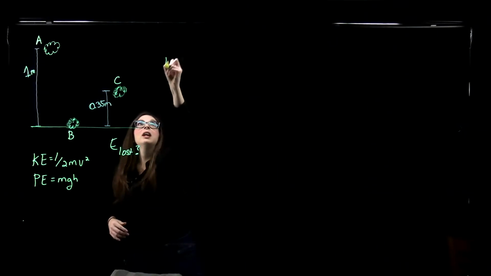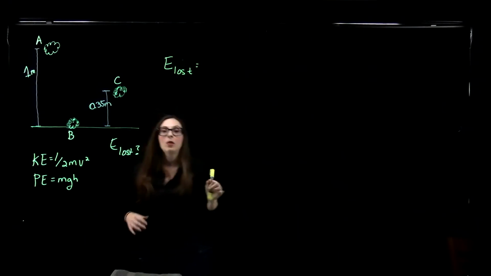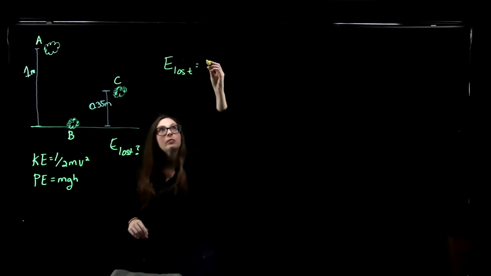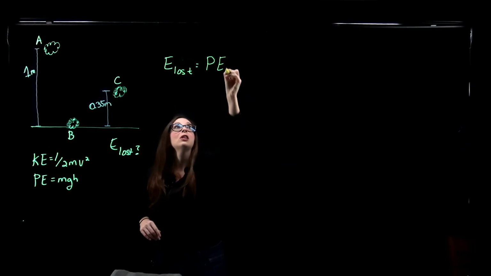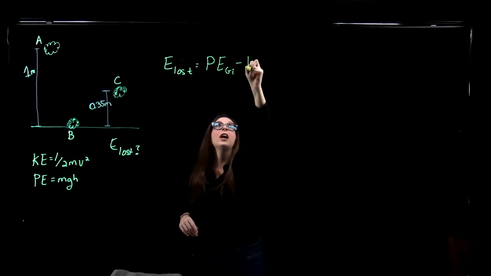So the energy that we lose in this system after the collision with the ground is going to be equal to the initial gravitational potential energy minus the final